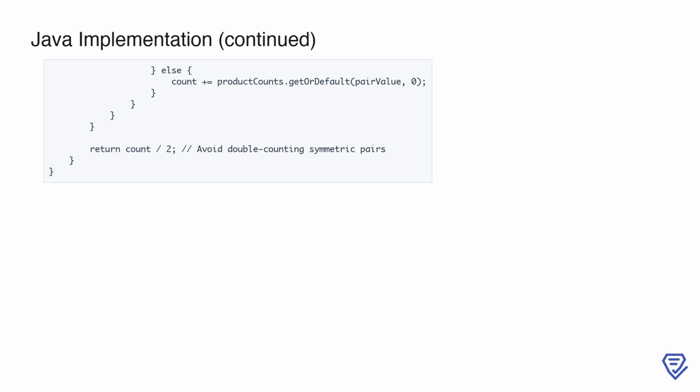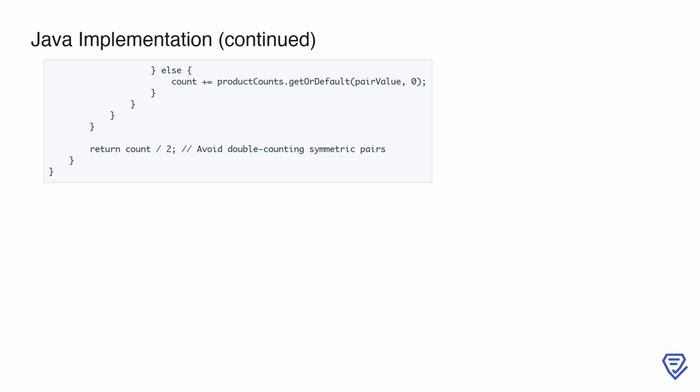After iterating through all elements in both arrays, we return the total count divided by 2. This adjustment is necessary because symmetric pairs, such as (x, y) and (y, x), would have been counted twice during the process. The implementation ensures that we efficiently calculate the number of valid triplets while avoiding redundant computations and potential overflow issues. The combination of clear logic and proper handling of edge cases ensures that this solution is both robust